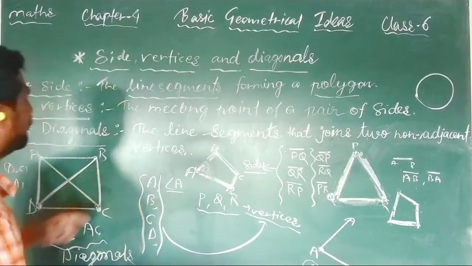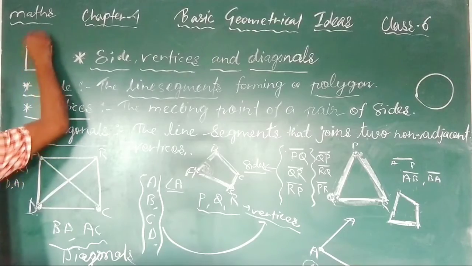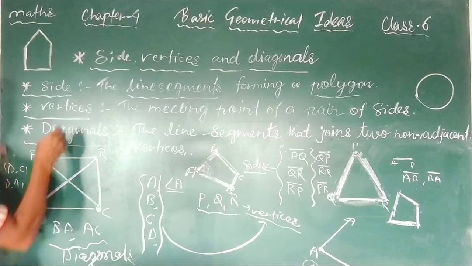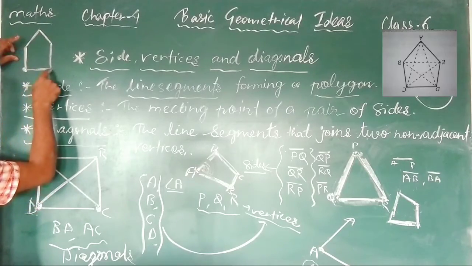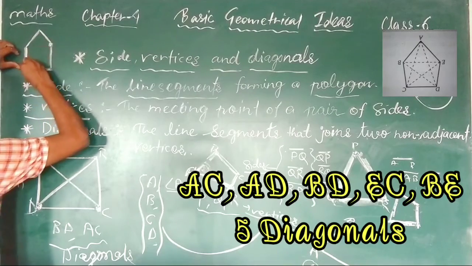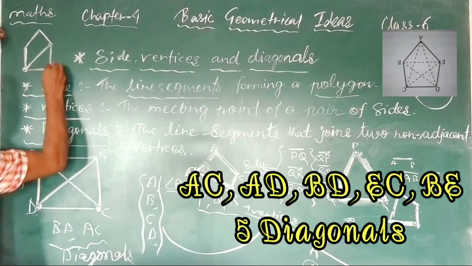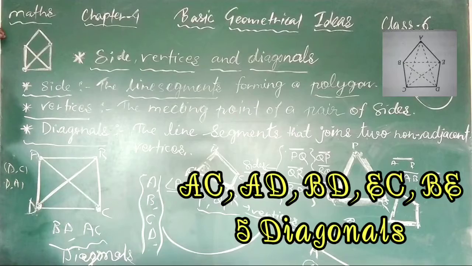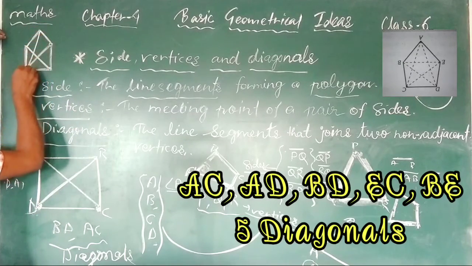Sir, in a pentagon, if you make, no sir, pentagon means what? A polygon having 5 sides. So you see, this is a pentagon. Here the diagonals will be there. You see, this point will be adjacent to this and adjacent to this, so this cannot be taken. You see, this will be non-adjacent. So this is called a diagonal of this pentagon. If you take this point and this point, these two are non-adjacent. So this is also a what? Diagonal.